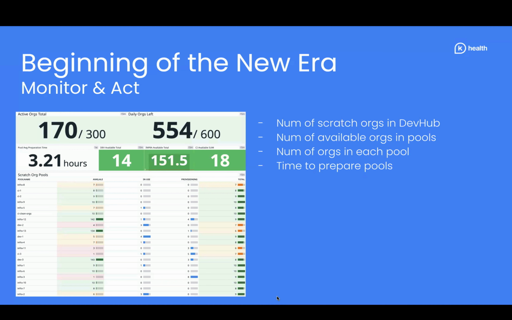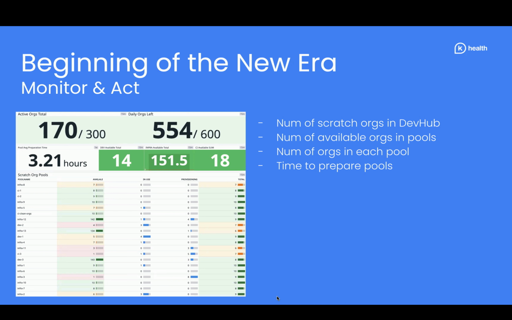We've been able to configure some charts to monitor the pools, right? Like you can see how many active scratch orgs are left in terms of limits in your organization, and daily scratch orgs left for the builds, right? If you use unlocked packages, you can also see, in our use case, how much time it takes to prepare the pool.